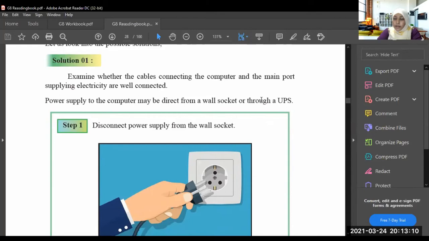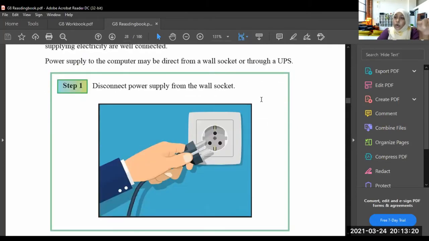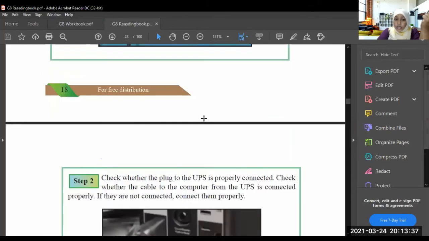If you have connected your computer through the UPS, what is the first step? You should disconnect the power supply from the wall socket.